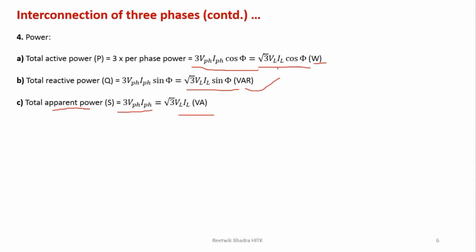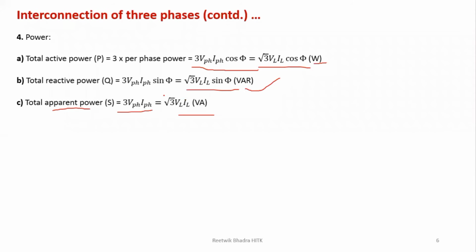Active power is the total power consumed by the system or the network, and reactive power is the total energy or power that is cycled rather than consumed, for an inductive reactance. Whatever energy it takes, it returns back to the source. So it is a cycle of power which your inductive or capacitive reactance takes. So these are the three powers which you need to calculate.